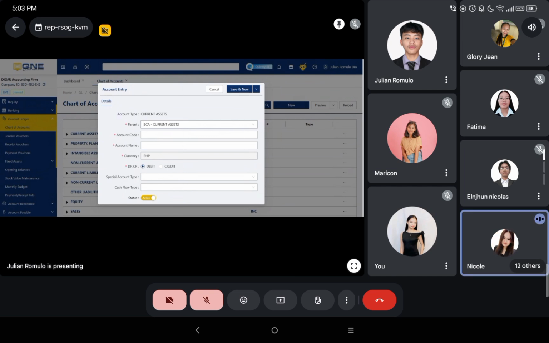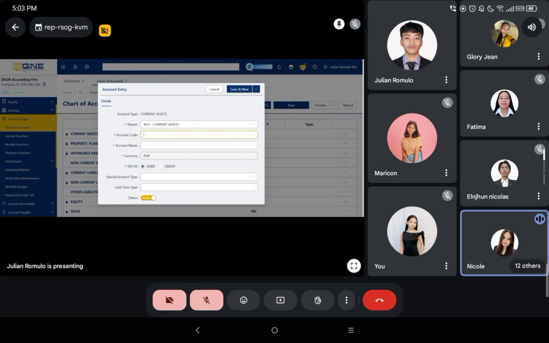So whenever we click the new button, this window appears, and we must carefully fill out each field. First, the account type, which is the current assets. Next is the parent account. For example, if we want to add a new current asset, we choose BCA current assets. Next is the account code.